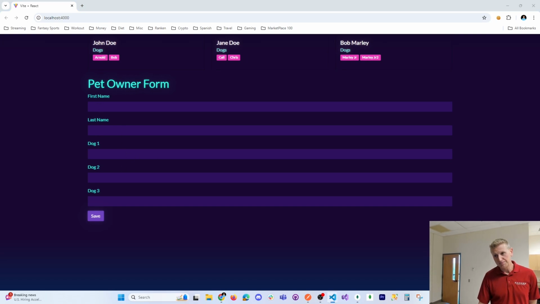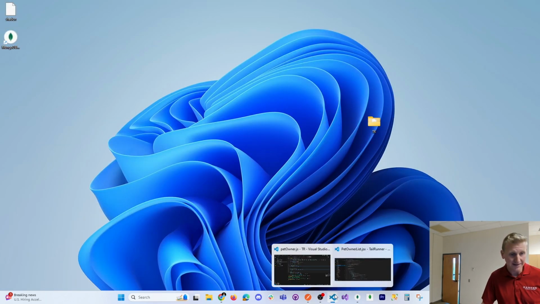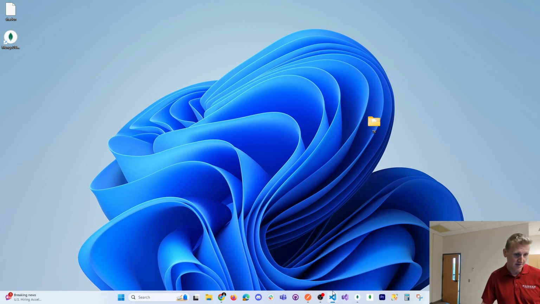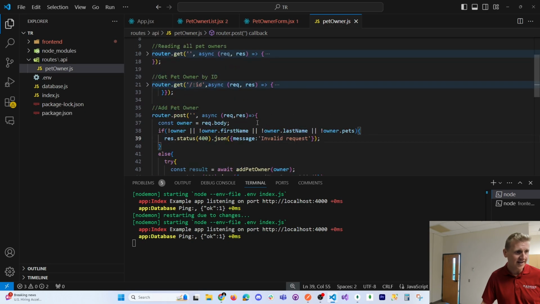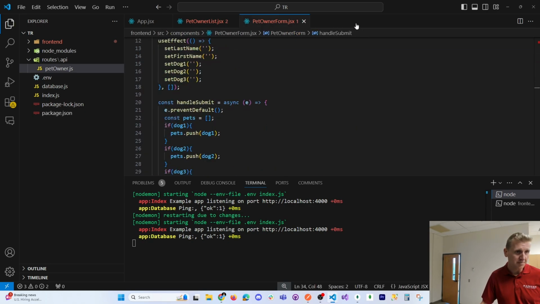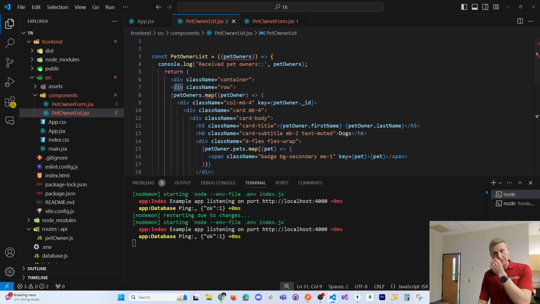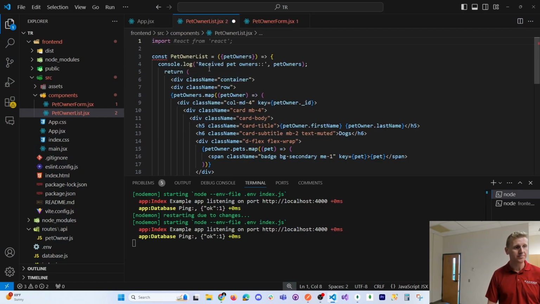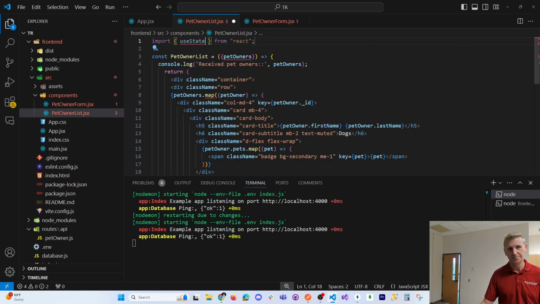So for that, let's go back to our list, because on our list we have to be able to click an edit button. So we can close our backend code. There's our form. Here's our list. Okay, now on our list we need to start having some hooks. So we're going to import useState from React,